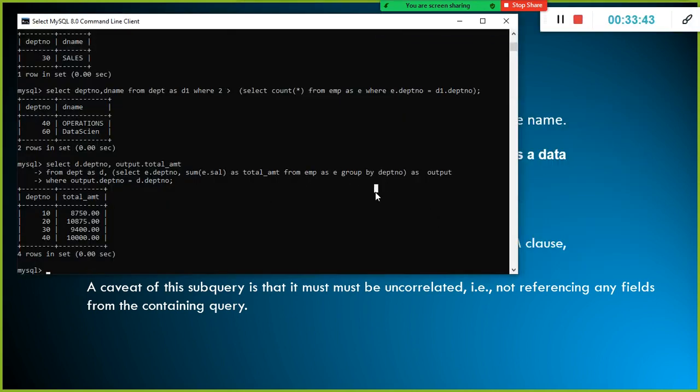So that is what is happening here. In this case, it first computed by department number. In the group by department number, for each department, for example in department 10, what is the total salary we are giving? In department 20, all the employees put together, how much we are paying them? All the employees put together in department 30, how much we are giving them? Department 40, how much in total? If you select this one, the inline query, you can execute it separately, unlike a correlated subquery.